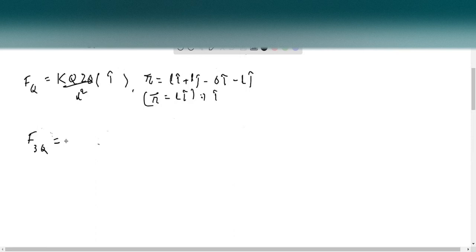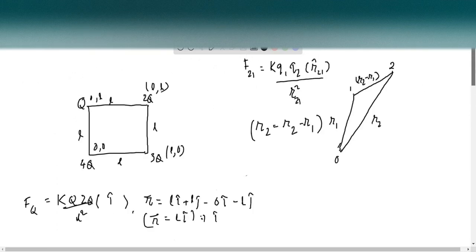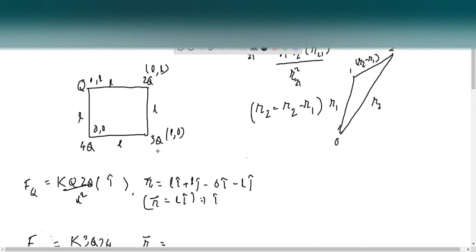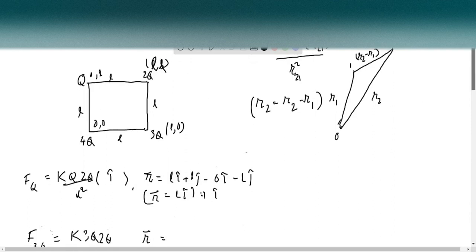F3Q. It will be K 3Q 2Q, and the distance between them is also L square. Now for the position vector. Okay, let's see. The position vector of 3Q is L, 0, and here it is L and L. Let me make it clear. It's looking like a 0. Sorry. Okay, fine. So the position vector will be now